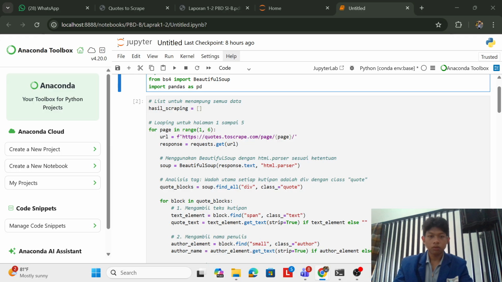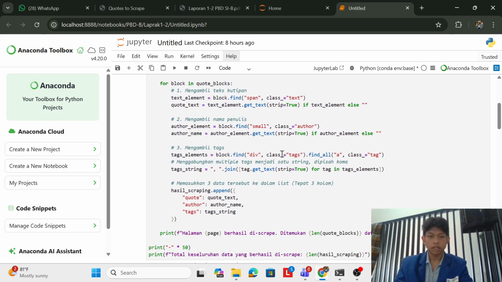And for block in quote_blocks: first, text_element equals block.find span class text to extract the quote text, and author_element equals block.find small class equal author to extract the author's name, and tag_element equals block.find div class equal tags to find the tag container first, then find all individual tag links inside it.